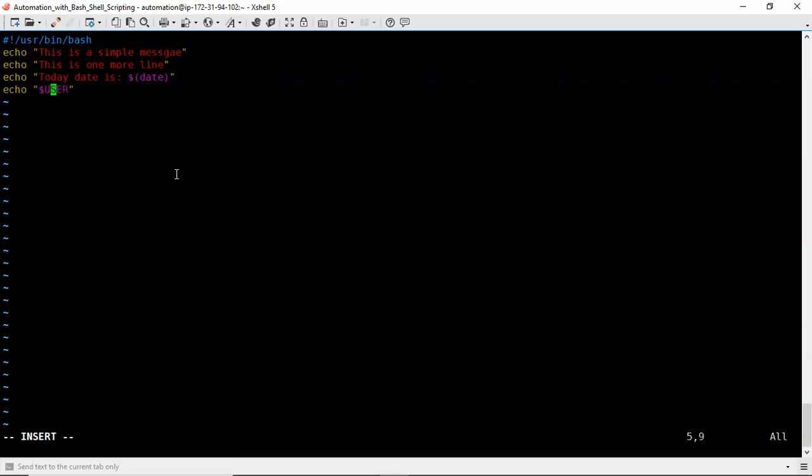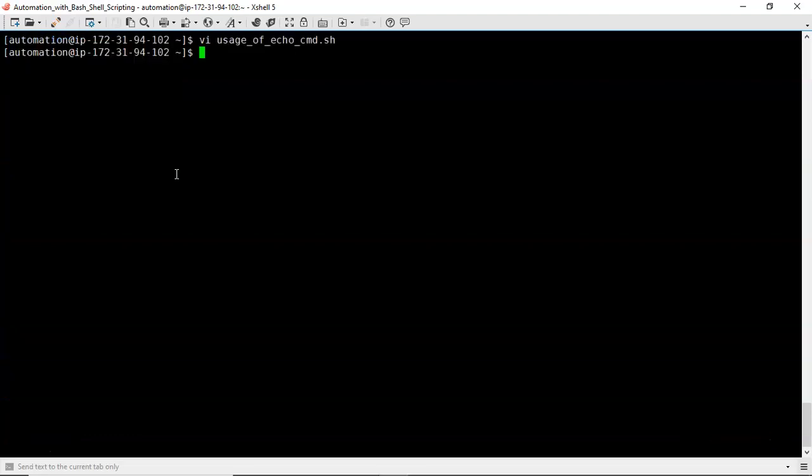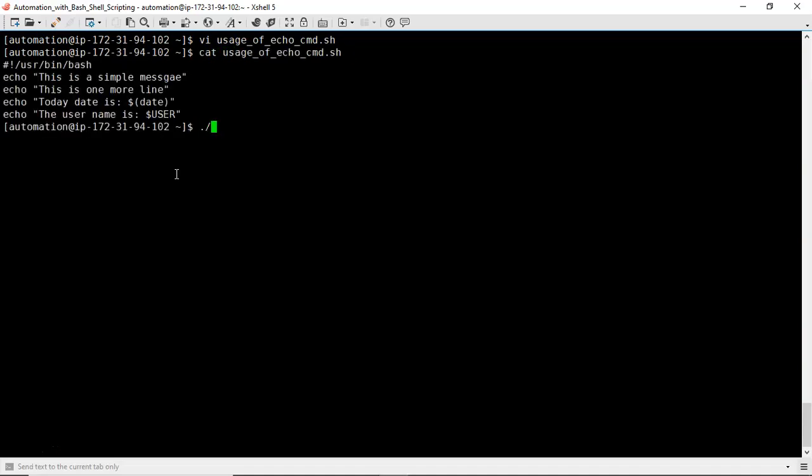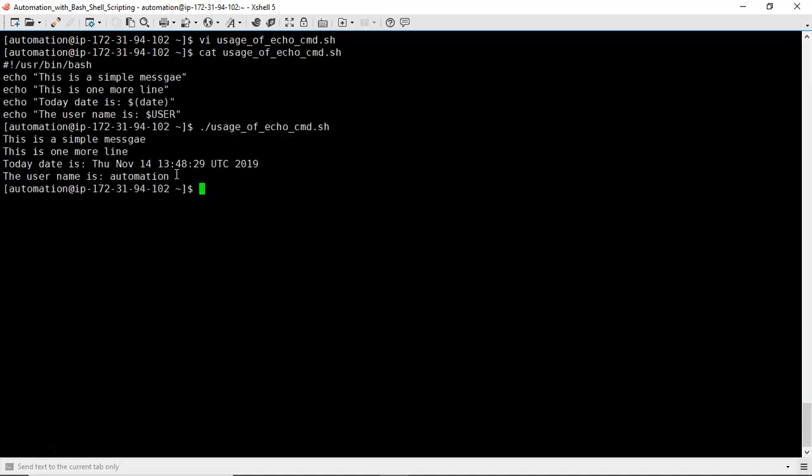Then you know dollar user is nothing but the currently logged user. Now I am writing "the user name is". That's it. Now let me save this and run this. Before running, just see the code. Now I am running that shell script. That's it.